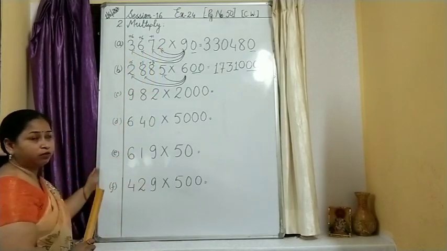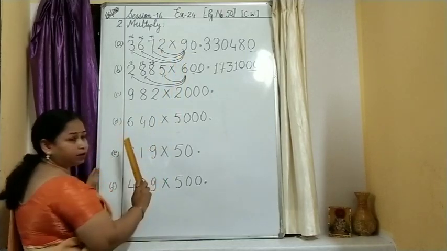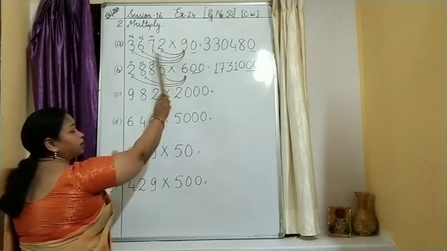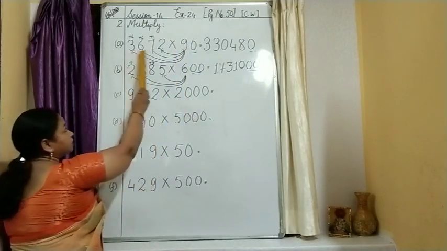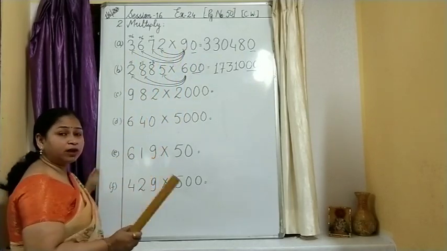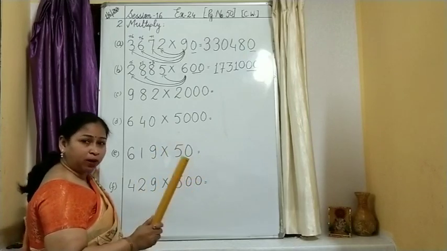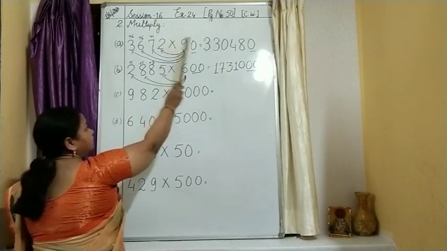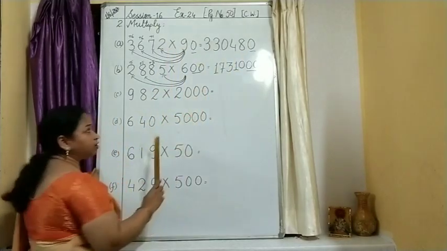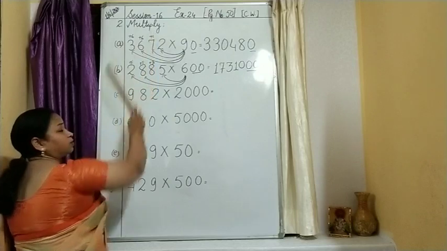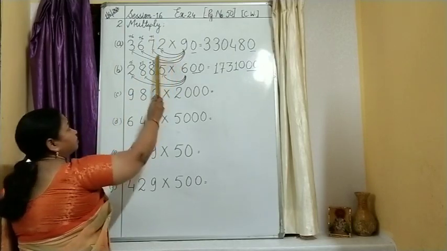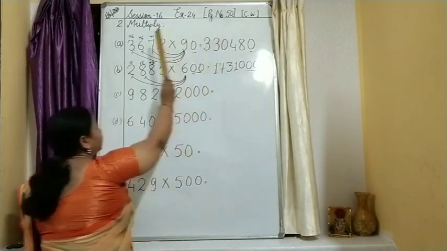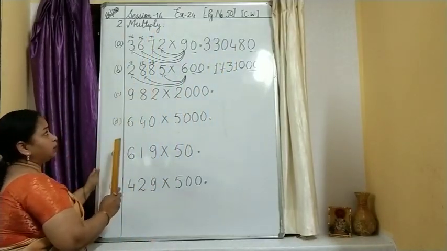3672 is the question given, children, multiplied by 90. Forget about this 0 for a minute now. Start multiplying by 9, and this is the number given. Since we start the multiplication from the ones place, I will multiply 9 2s are 18. You can see 8 over here. 1 is left, so I have carried it further. 9 7s are 63 plus 1, 64. You can see 4 here, and 6 I have taken to the next number.